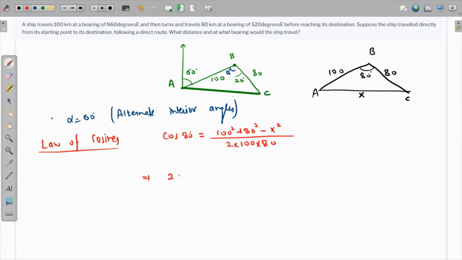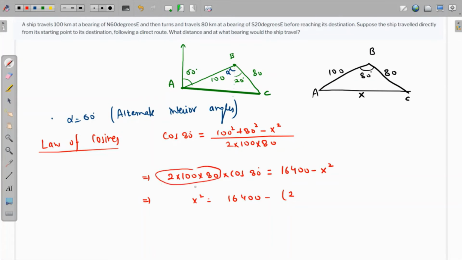So if we cross multiply, then 2 times 100 times 80 times cos of 80 degrees is going to be 100 squared plus 80 squared, which is 16,400, minus x squared. So if we rearrange this, x squared is going to be 16,400 minus 2 times